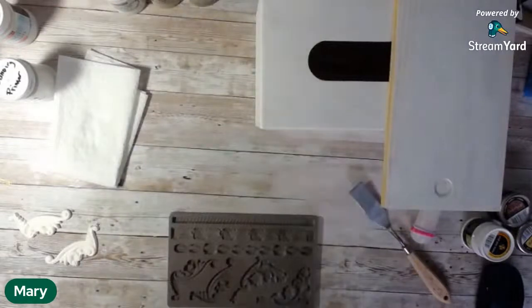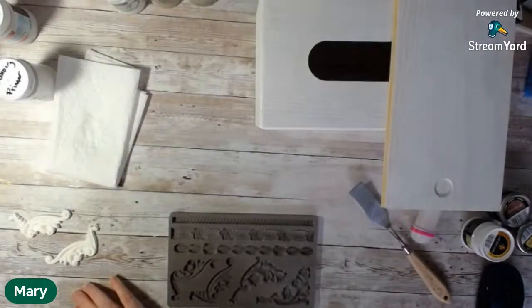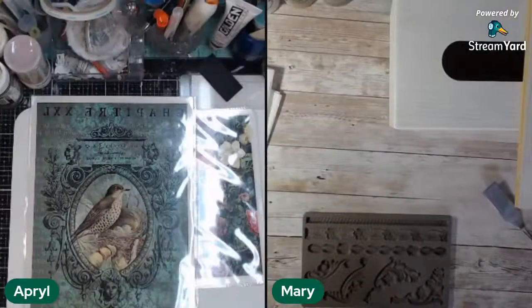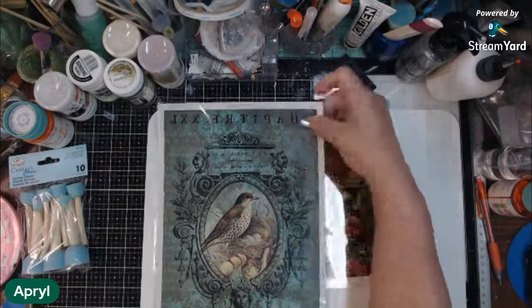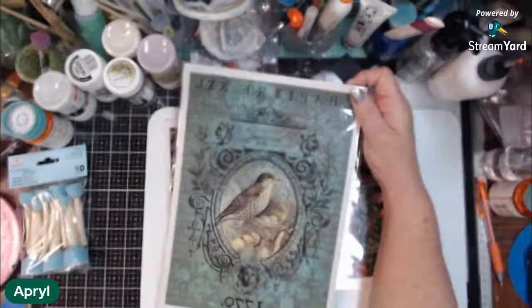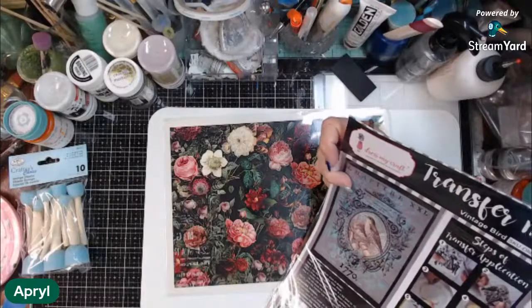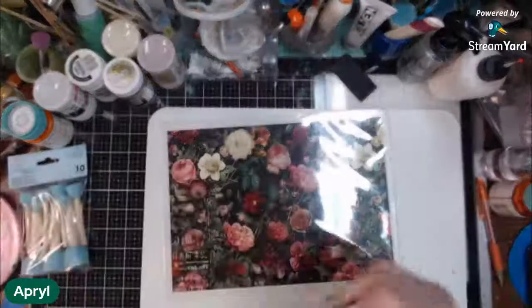Oh, I can't see it because I'm not on me. There you go. This is the actual transfer. They're pretty big, y'all. I mean, the actual transfer is...